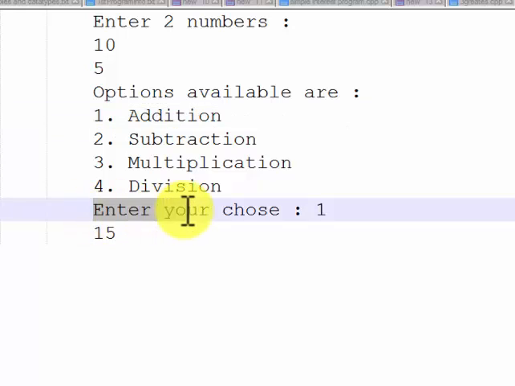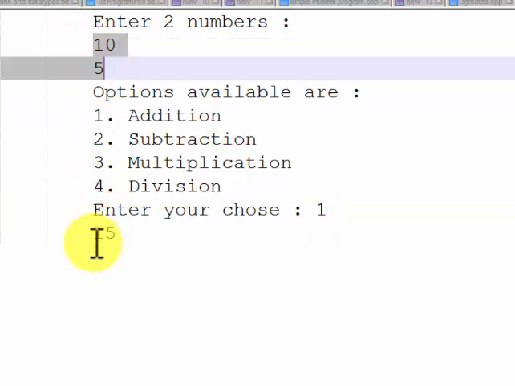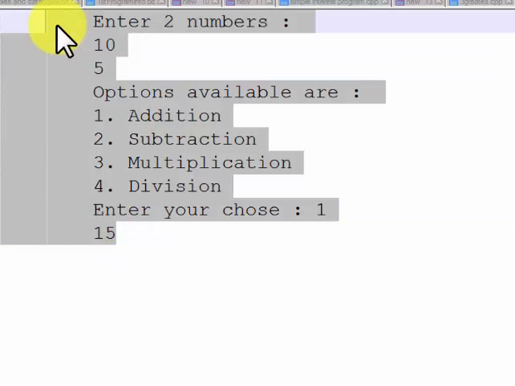Now the user is asked to enter a choice. If the user enters 1, addition of these two numbers will be done, meaning 10 plus 5, 15 will be the answer. This type of program is known as a menu-driven program. We will discuss this type of program in some other video.